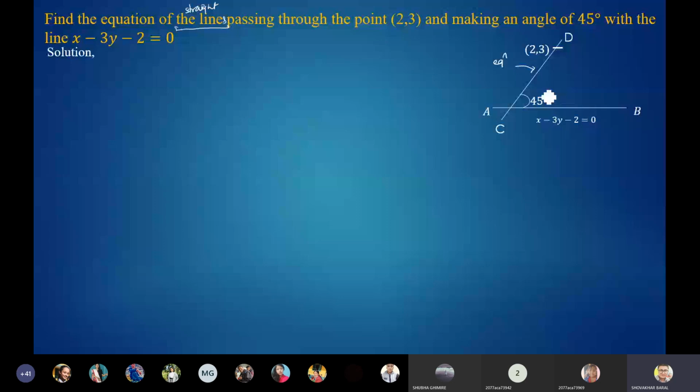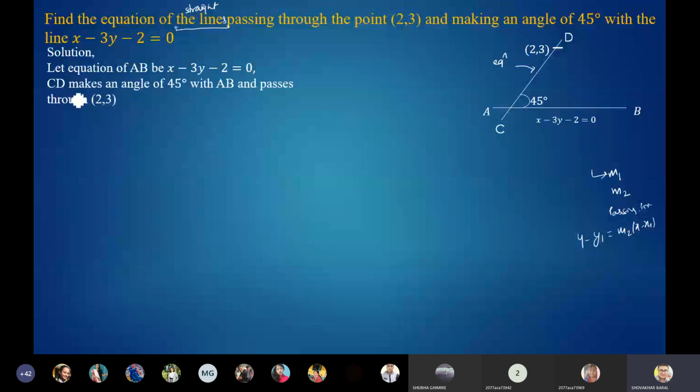Please write along with the PowerPoint slide here. As it is displayed in the PowerPoint, please copy it. Solution: let the equation of AB be... our basic plan is to find the slope m1, and then m2, the passing point is already given, and then write the equation. I'll follow the same approach here also. Don't worry, but it will be a bit lengthier, so please be patient and try to understand. The passing point is already given. Let the equation of AB be x − 3y − 2 = 0. We have the equation of this line AB, so I'm going to find this m1.